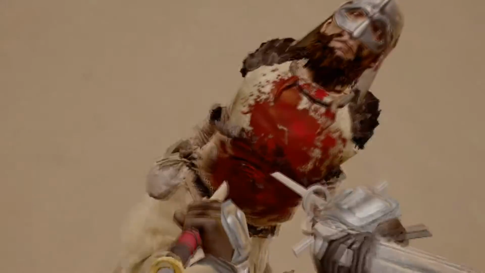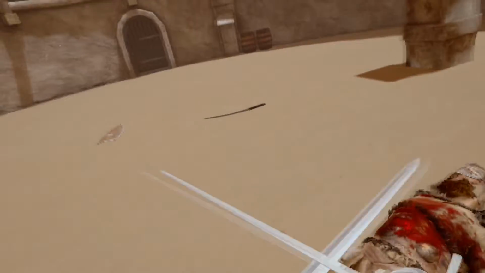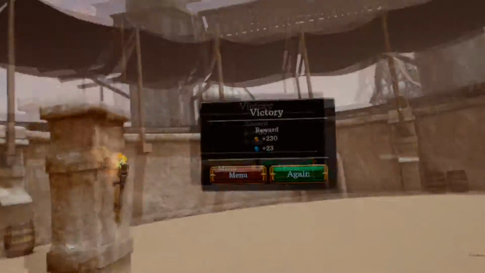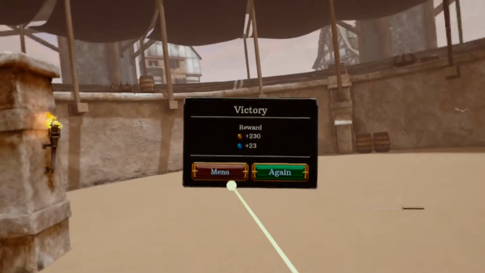You hurt me. And for some reason there's no blood on the weapons. I don't know why, but there you go. That was the arena. I still don't get why they have torches here, but...